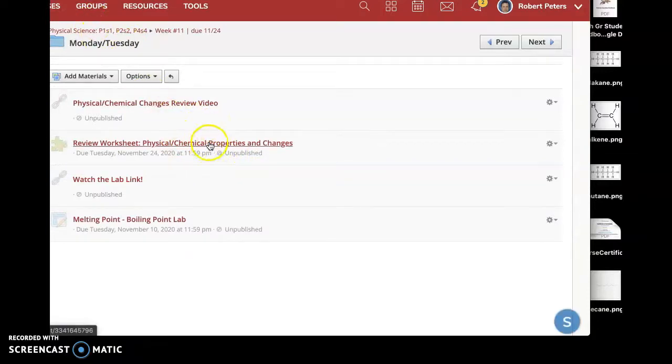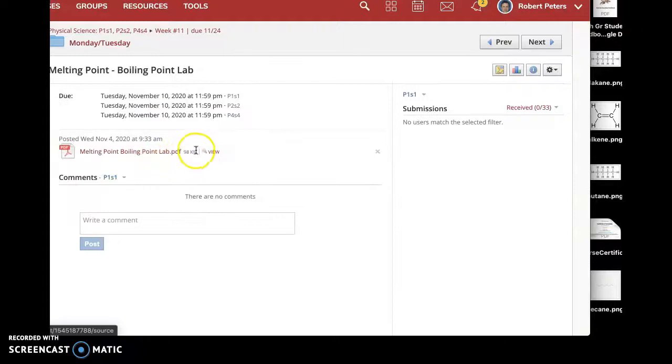But if for some reason you can't, the first thing to do is watch this video and submit this physical and chemical changes in properties worksheet. Remember, since it's titled worksheet, you can take it as many times as you want to. Then you're going to download the Melting Point Boiling Point Lab and watch this lab link to get the information. So when you look at the lab,